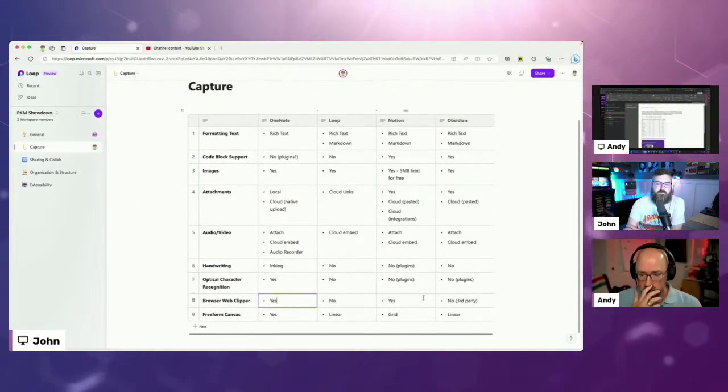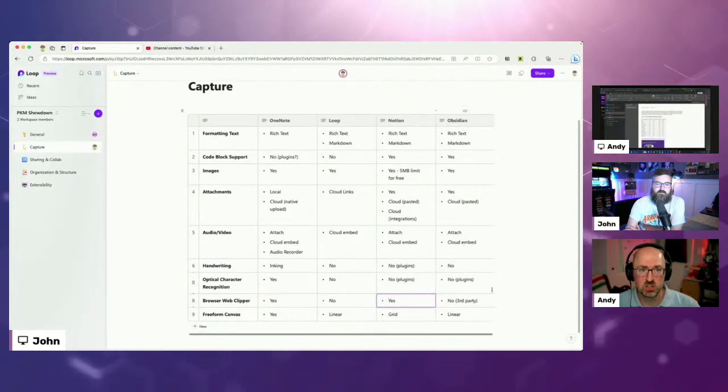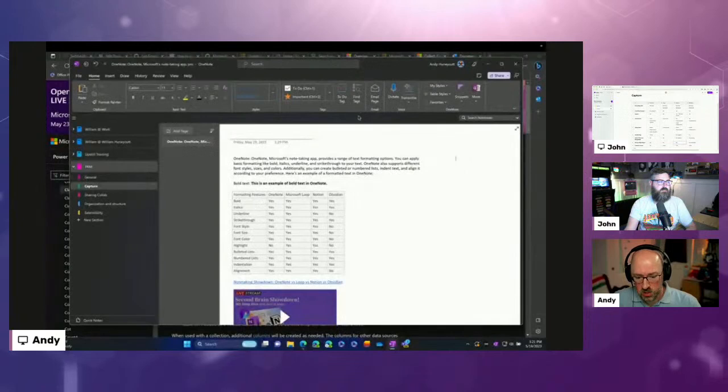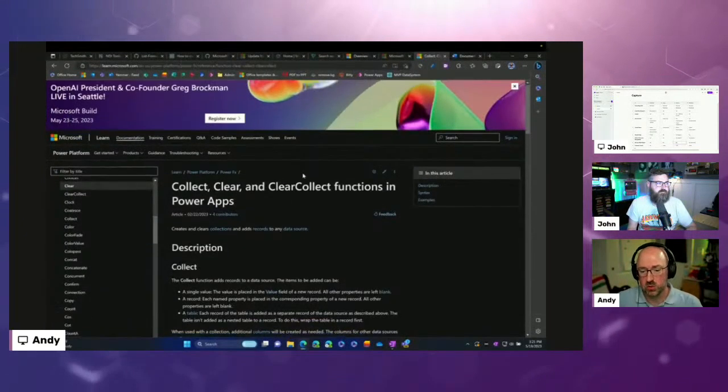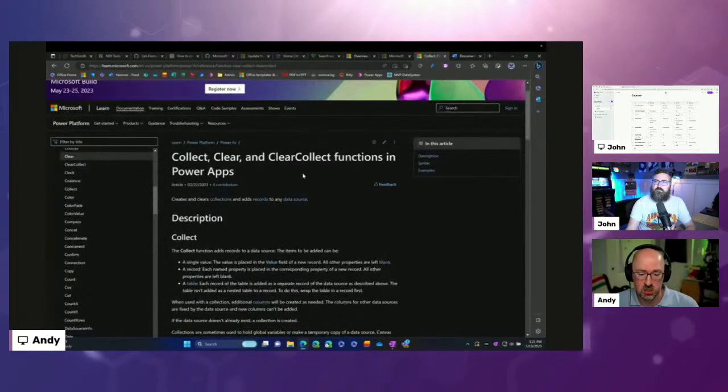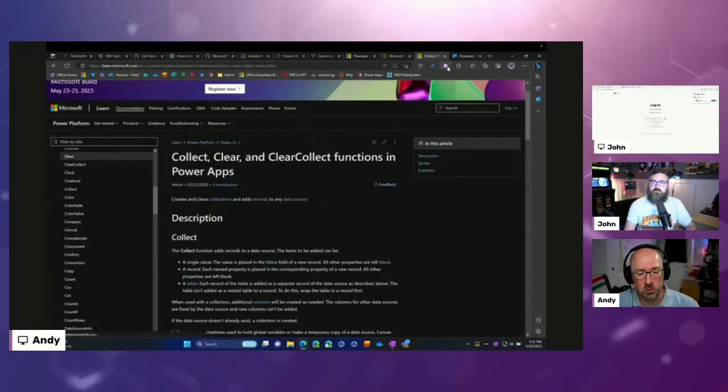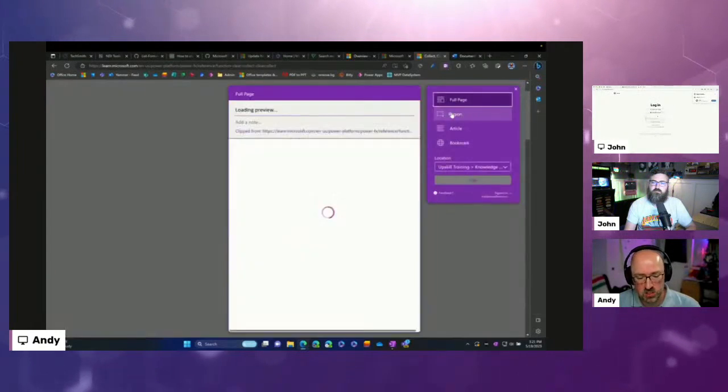But in addition to doing that, let me bring my screen up. I just want to show this one. All right. So here I am. Let's say I want to collect some information here about working with the clear collect function in Power Apps for some documentation that I'm working on. Well, with the web clipper built in right there, get signed in.